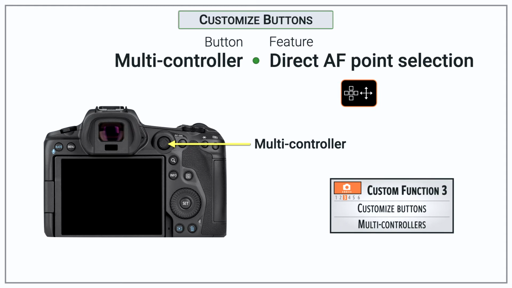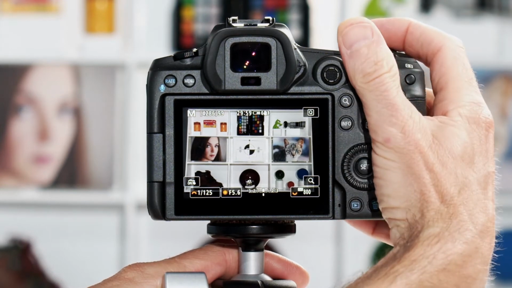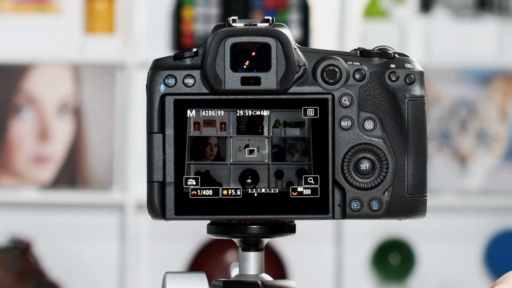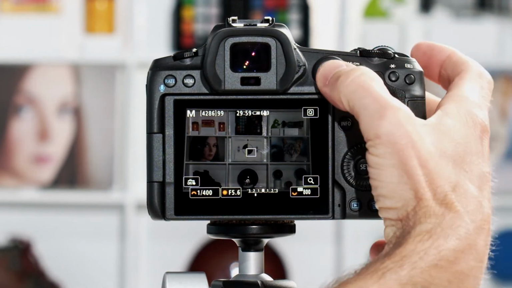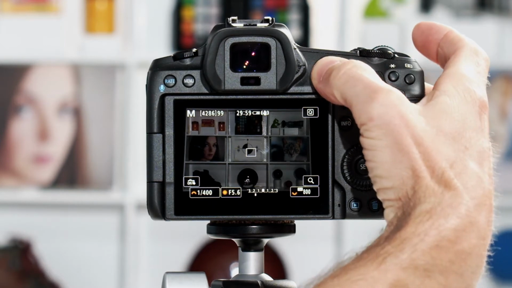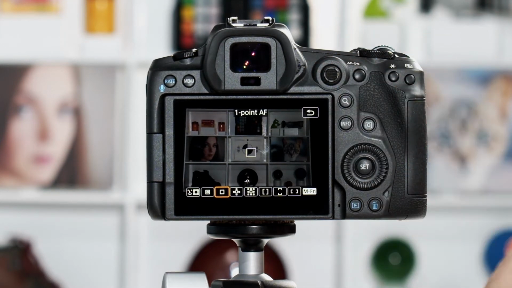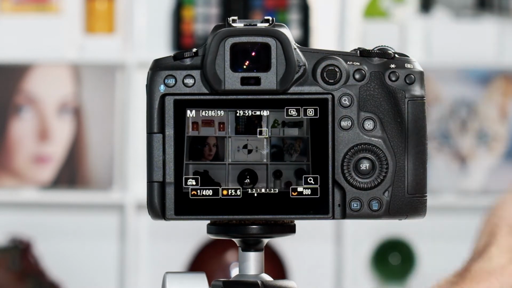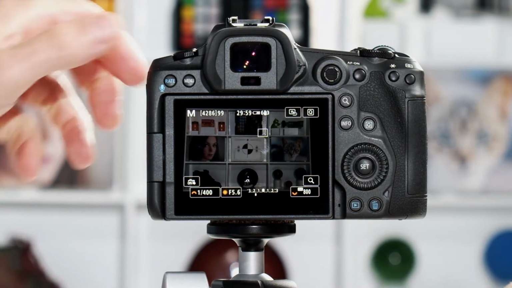All right, so if we look at the back of the camera, I'm going to hit the info so we can see what's going on. I'm going to give us a little darker exposure just so that we can see the focusing point. Now, in order to move the focusing point, we have this wonderful joystick, but the joystick doesn't do anything until we press the focus select button, and then we can move it around. And so once that times out, we can't do anything with the focusing point, and we're going to fix that